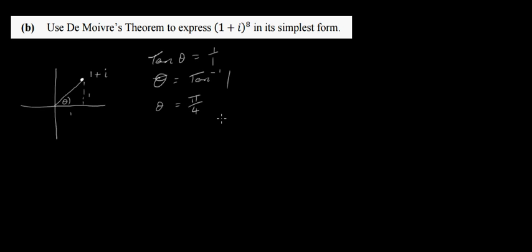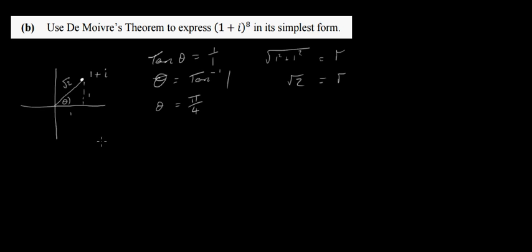Now we also need the modulus, or this distance here. We're going to convert this, by the way, to polar form. That's what we're doing here. So this distance here, we can see if that's 1, that's 1. This distance here is going to be the square root of 2. So in other words, the square root of a squared plus b squared, which is the square root of 1 squared plus 1 squared. So that's our r, if you like. So our r is just going to be root 2. So converting this to polar form, we get